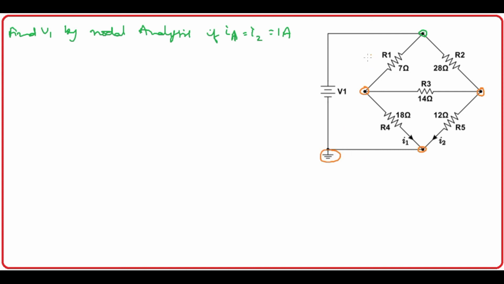So node 1, this is 1 and let me write this as 2 and this is 3. So currents are flowing in this way. So this is the current flow. Wherever nodal current is there, we need to follow this method only. From node to ground, current is flowing simply. So the node voltages are V1, V2 and V3. So let me write the nodal analysis at node 1.